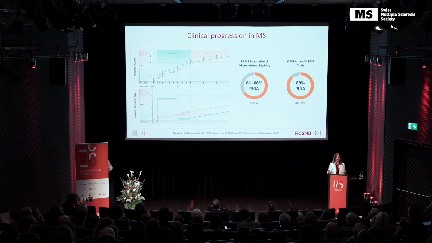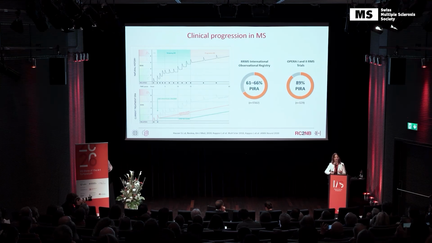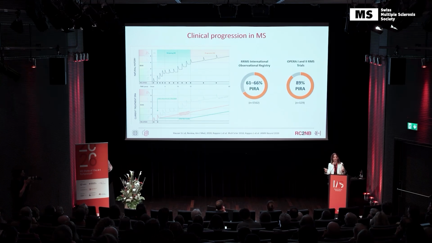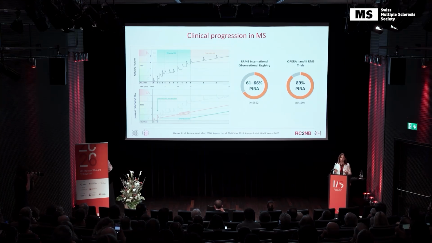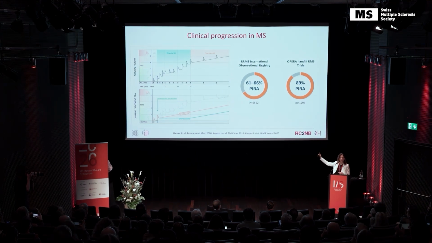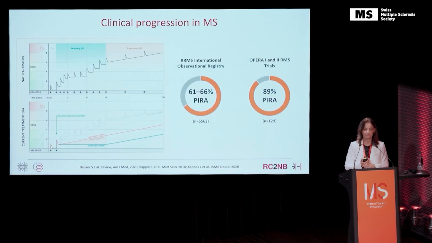So as Tanya mentioned before, I liked this figure a lot because it shows what the past was, where we had clinical worsening, mainly we thought triggered by acute inflammation, relapses, new lesions, and you see it on the top. And then nowadays, also thanks to the treatments that we have that masked this effect because we managed to strongly reduce these acute inflammatory events, we see that there is something else. We see that patients are still worsening clinically, and this is most probably due to different mechanisms, as Tanya explained to us before.